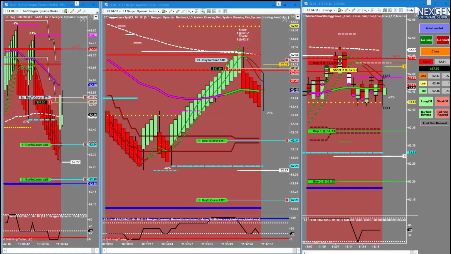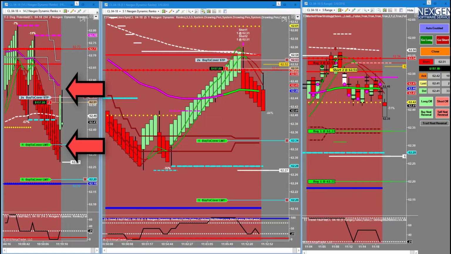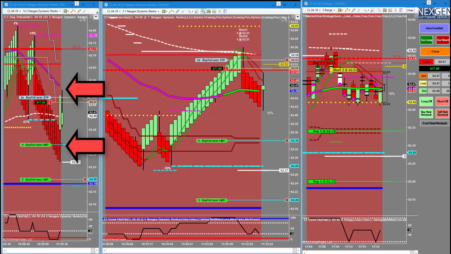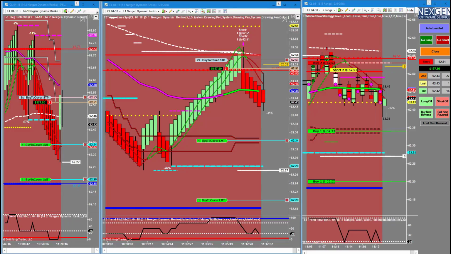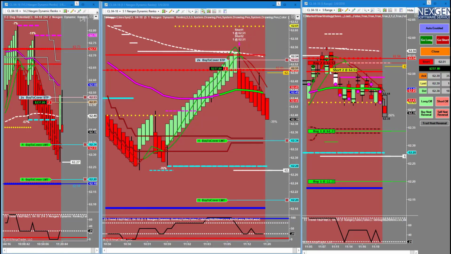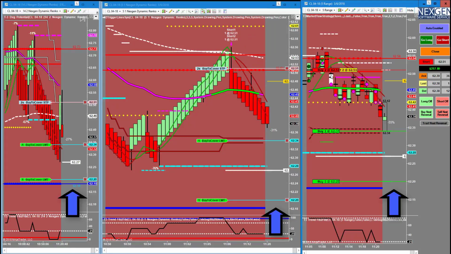The highest probability trend trade that we can possibly do is both triggers pushing really, really hard on the 14-2 chart. And whether it's the first area or the last area doesn't really matter. The fact remains when both triggers are pushing really hard on the 14-2 chart, we have a high probability of at least testing the lows, and really even just as much of a probability of making it down to 62.18. So again,